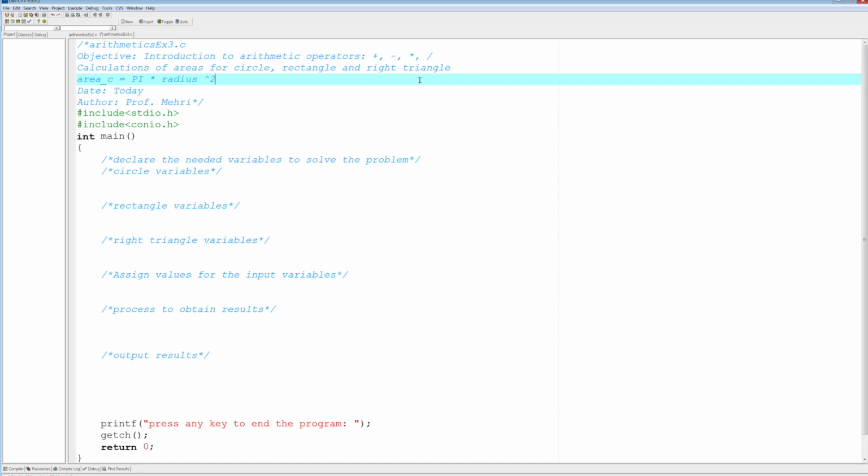and I'm going to call it just area C, is going to be equal to pi times radius squared. Now, this is not code. This is simply my pseudocode for this. Pseudocode means this cannot be executed. This is simply saying, what do I need to make this happen? So the caret here is just a signal that says we're squaring the radius. In reality, this would translate to this, pi times radius